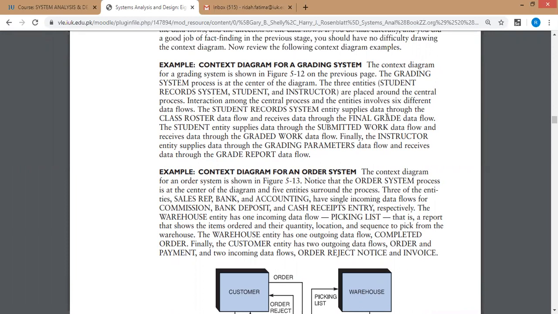A context level diagram is an upper view, a highlighted view of the data flow diagram. It defines which external entities are going to take part in the entire process, in the entire software that is about to be built. Whatever software we are making, which external entities are participating, and how each of them is participating, is explained in the context level view. We'll just stick to the context level right now.